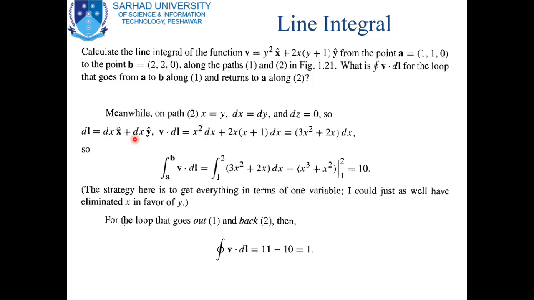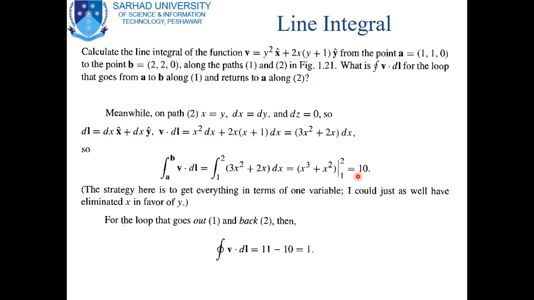So here dy is equal to dx. But remember that the unit vector will not change, and when we take the dot product of this differential length with v, our remaining term will be equal to 3 into x square plus 2 into x dx, and we will integrate this from 1 to 2,